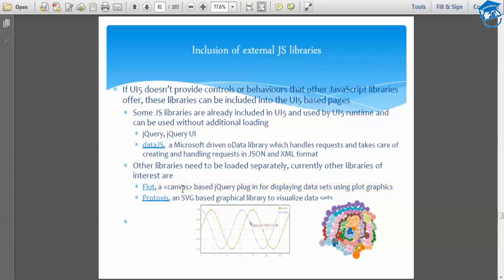And the next is SVG. SVG is nothing but scalable vector graphics. Here also you can plot your graphs based on your data. So these are two things which can draw your graph. A graph is nothing but a pictorial representation of your data.